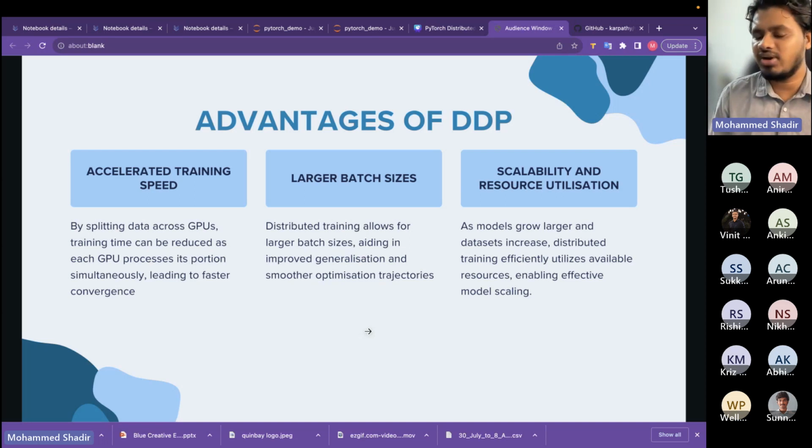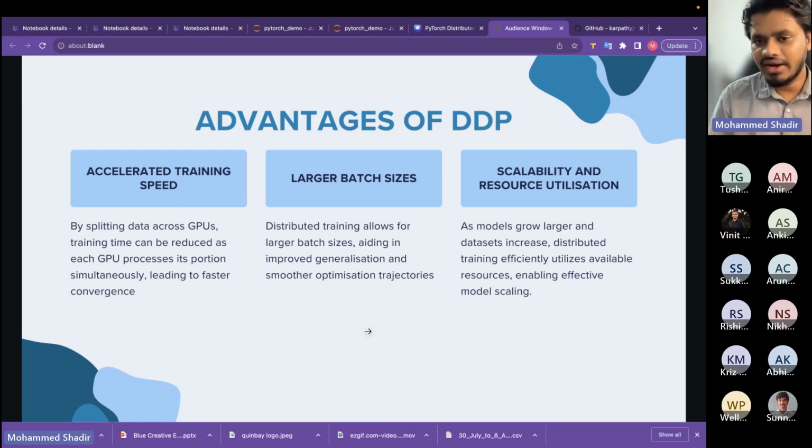Since multiple GPUs are processing the models, you can distribute the data, one portion to each GPU. Suppose you are able to fit only a batch size of 16, and you are using 4 GPUs, so 16 times 4, that is 64, you can make the batch size. That enables you to use a large batch size,